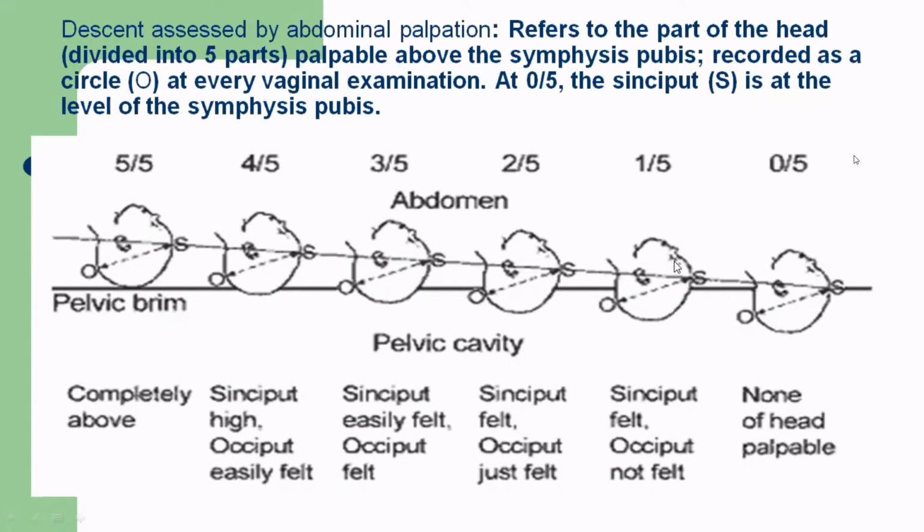So only 1/5 of the fetal head is palpable above the pelvic brim, and 4/5 has gone inside the pelvic brim. Here you cannot feel any fetal head, because the whole of this fetal head has gone inside the pelvic cavity. So only the face is palpable, and none of the fetal head is palpable above the pelvic brim. To know the head engagement by abdominal examination needs a lot of experience, because you will not know how many fifths of fetal head are palpable without your experience.